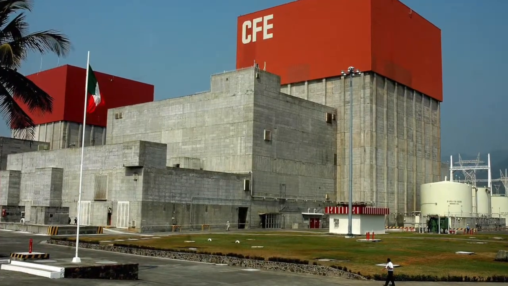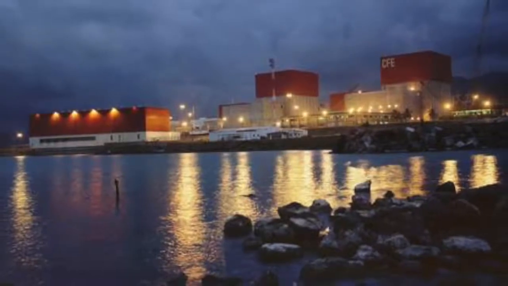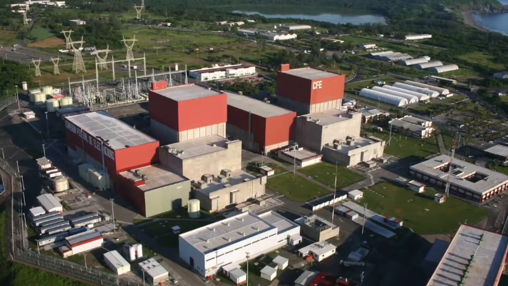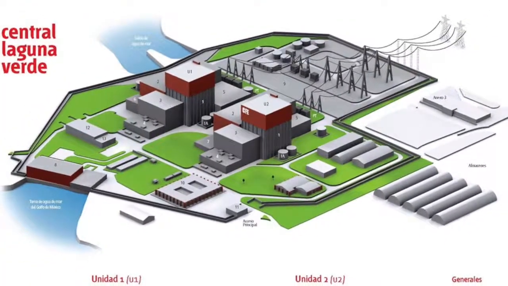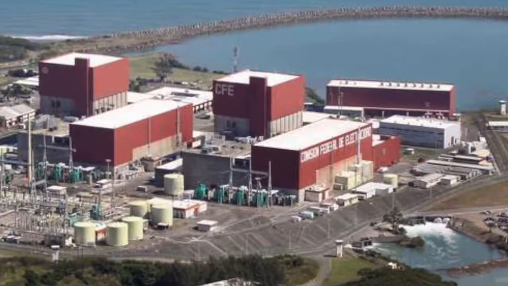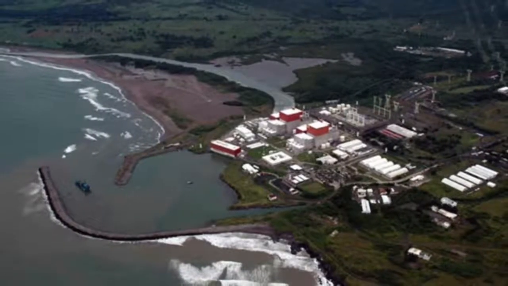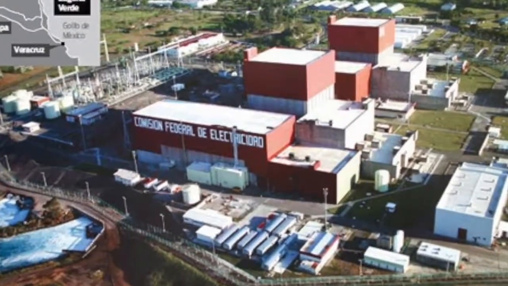Laguna Verde Nuclear Power Plant is the only nuclear power plant in Mexico. It's located in Alto Lucero, Veracruz. This plant produces 4.5% of Mexico's electricity. We believe that the power plant is safe because with today's technology and international cooperation, our country can build a safe plant free from any disasters.